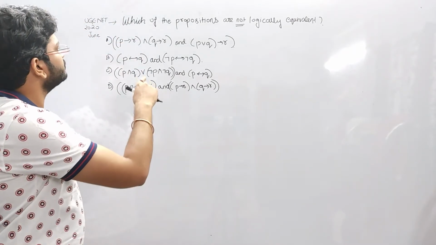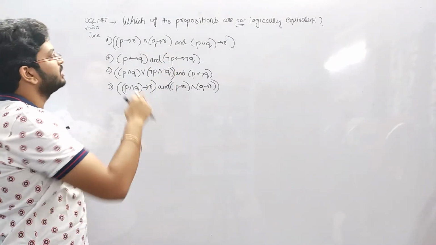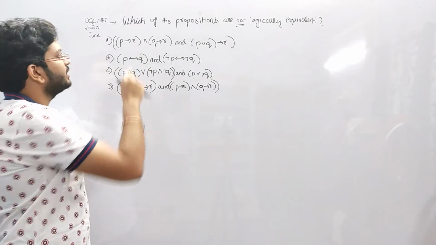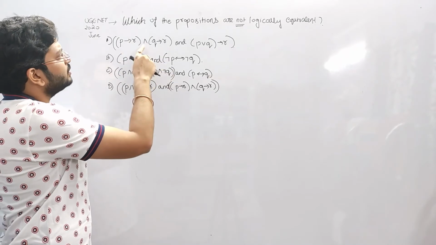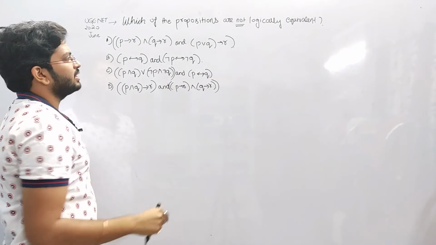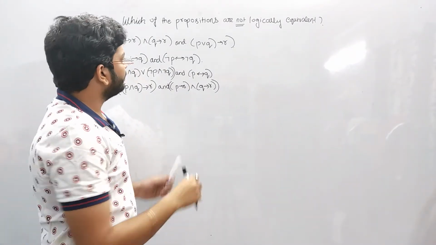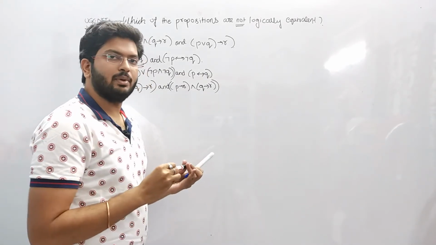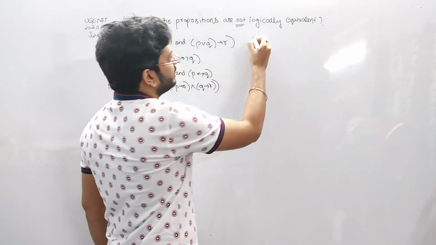Now starting, I am first defining the symbols which are usual. This is the symbol of implication, that is the conditional statement. If P then R, this is the symbol of implication, and you know this is and, this is or, and this is the symbol of biconditional. Now before solving such type of questions, you should remember a basic 2 to 3 formulas based on implication. I am mentioning them here.